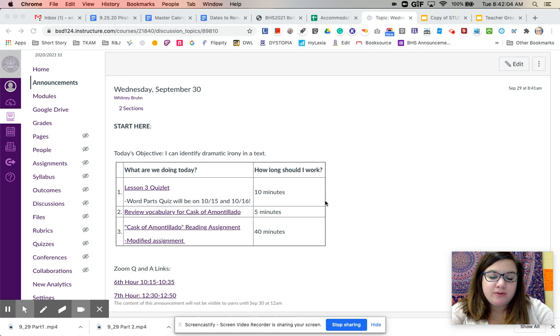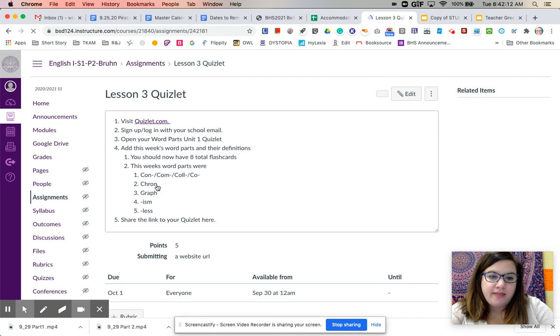So for your bell work, you are going to be putting the words from last time into your Quizlet. As a reminder, if you click on that lesson, you're just going to go to Quizlet.com. You'll just log back in, open up that Unit 1 word parts Quizlet, and then add this week's definitions. And so it says 8 there, that should say 13. You should have 13